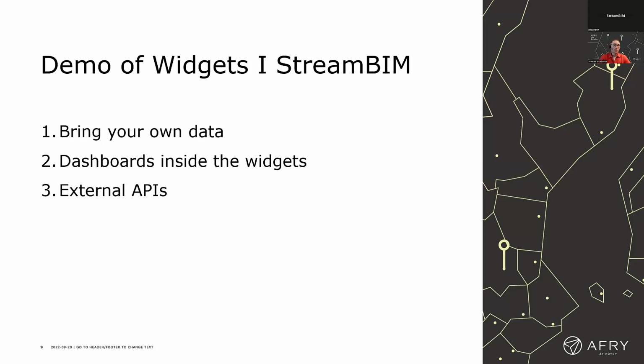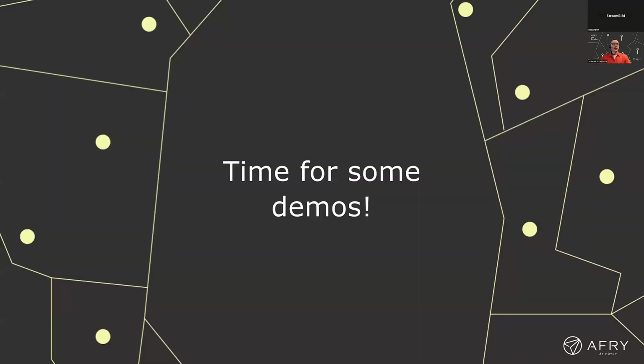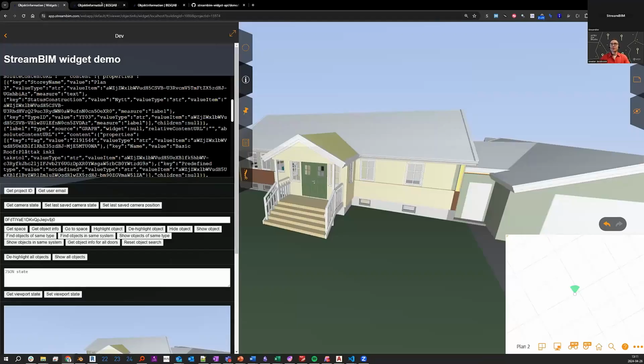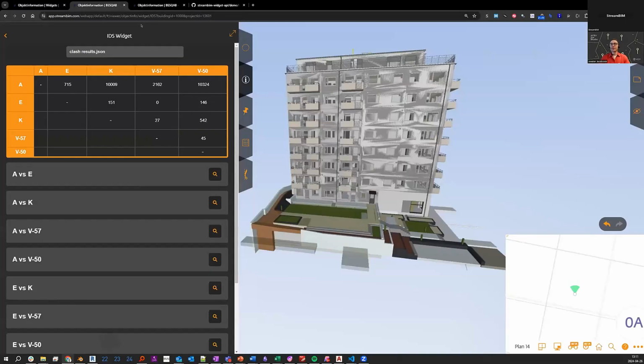We're also going to show you a bit on how you could use external APIs as well, and have that widget that you created as a middleman between StreamBIM and that external API to enhance this even further. So we're going to go right into those demos, and the first one is going to be something about